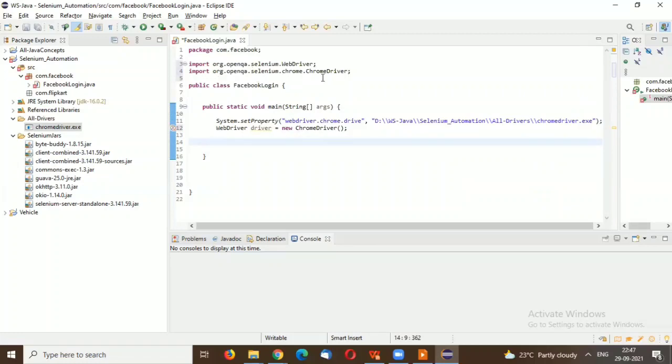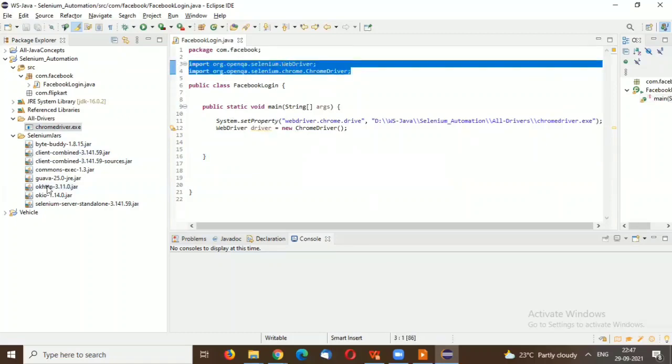Whenever you import the ChromeDriver, it also comes from these standalone jars. Now, as we configured this jar, we are able to create a Selenium object and import from these standalone jars. It means your build path and your system properties are set up properly, right?